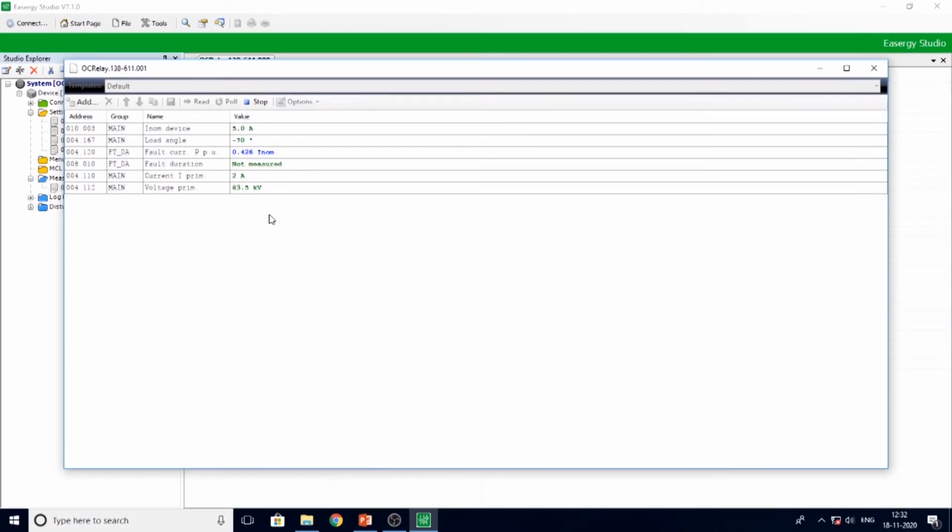It has already gone to minus 70, still not tripping. It has reached minus 65, still not tripping, so this is in the reverse mode region. When it reaches minus 45 degree, as set, it should trip. It is minus 60, still not tripping, current is still 2 ampere, so it is in the operating zone. Now it is minus 54 degree, not tripping; minus 51, minus 50, minus 48, not tripping. Now let us slowly reduce this further.